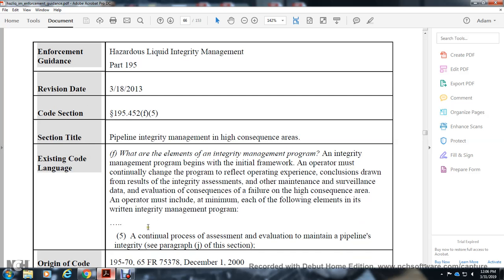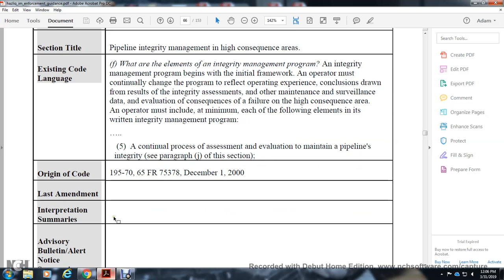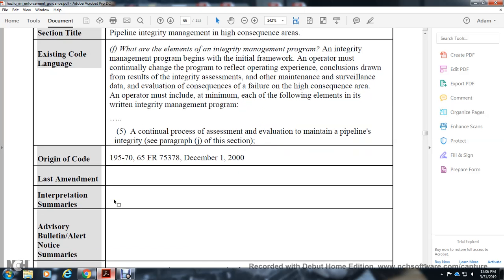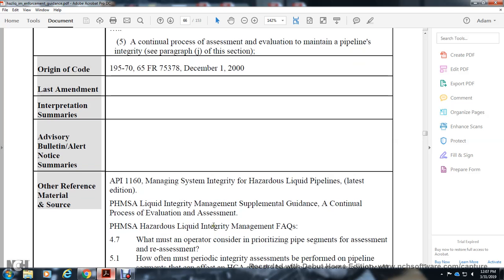the written integrity management program, process of the assessment evaluation, plan team of the pipeline integrity, paragraph J of the section. Origin code 195.70, South 65 Federal Register 75378, December 1st 2000, last amendment and interpretation summary of the advisory bulletin alert and notes and summaries. Non-reference other material, the material sort of the API 1160 of the national map, managing system integrity with the hazardous liquid pipeline, within delays addition PHMSA liquid integrity management supplemental guide, a continual process of evaluation assessment. PHMSA liquid integrity management frequently asked question 4.7 of the